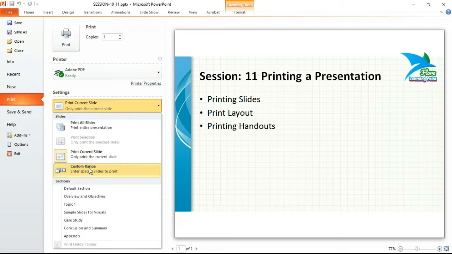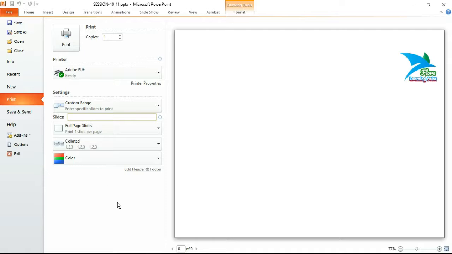Then next we have Custom Range. That means if you want to randomly print slides from your presentation, you can use this one. In this option you can specify the range, or you can specify random slides. For example, if I want to print slide numbers 2, 5 and 7, I'll specify 2 comma 5 comma 7.